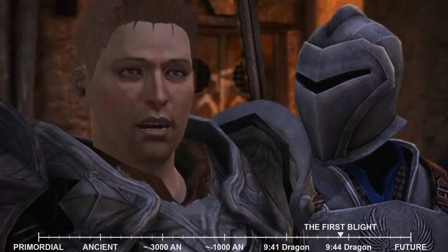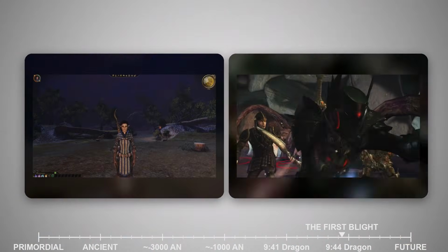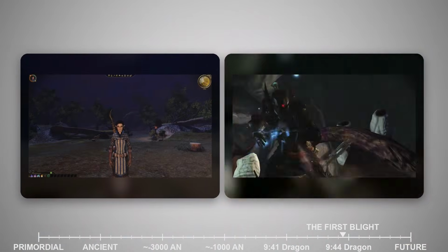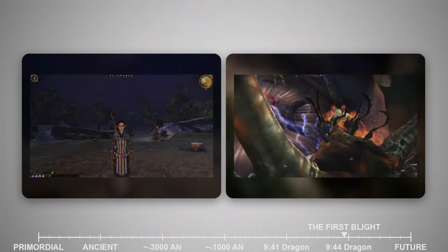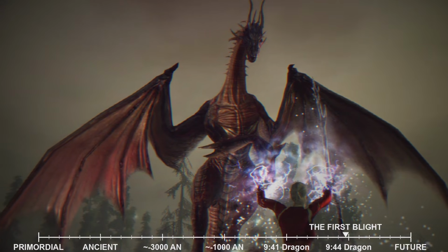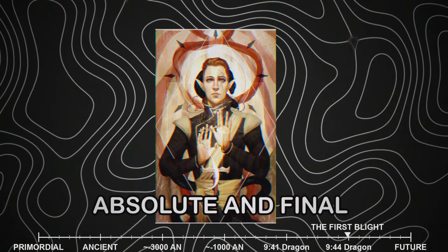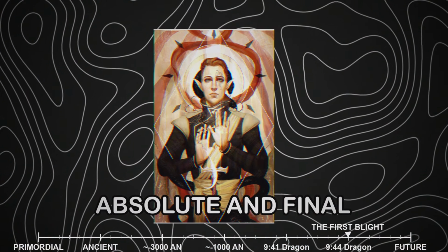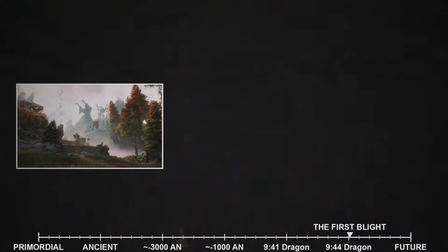But when a Grey Warden struck the killing blow, something different happened. The Archdemon's soul, attempting to flee into the nearest Darkspawn, was instead drawn into the Grey Warden because of the Blight they carried within themselves. The Warden's own soul and the Archdemon's soul would destroy each other in that moment, killing both permanently. It was a sacrifice, absolute and final, but it was the only way to truly end a Blight. This knowledge changed everything, giving the armies of Thedas hope for the first time in 2 centuries.